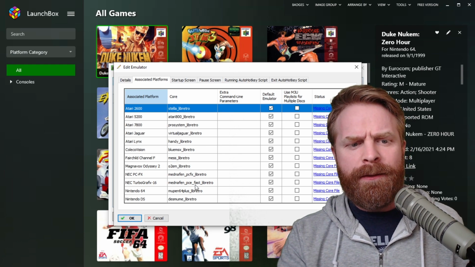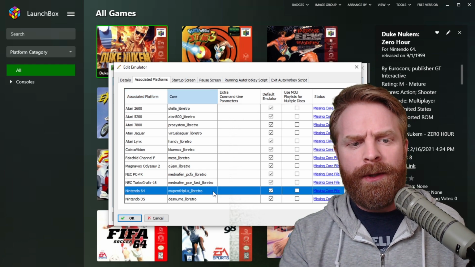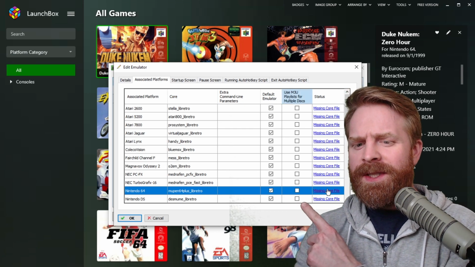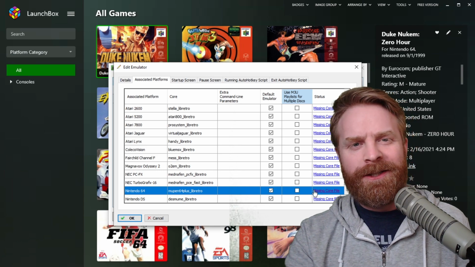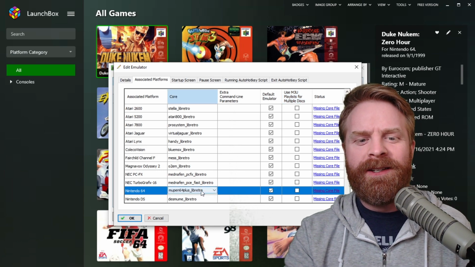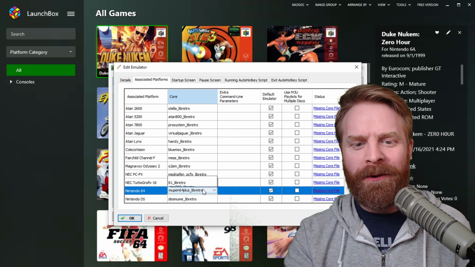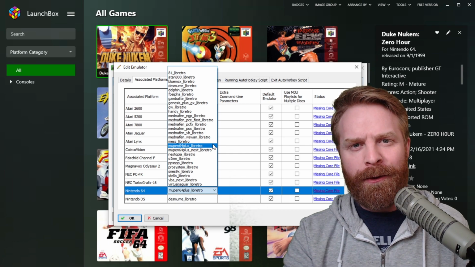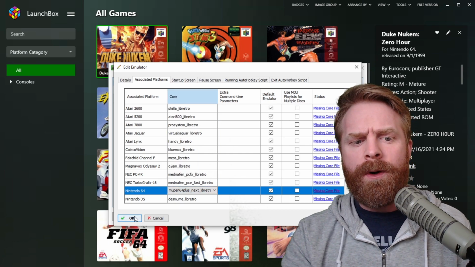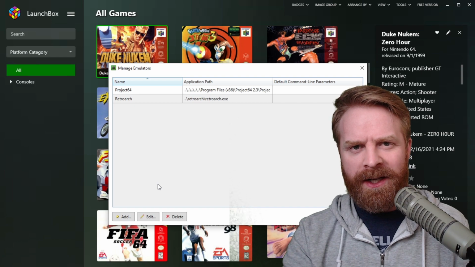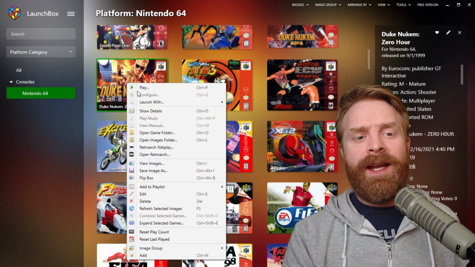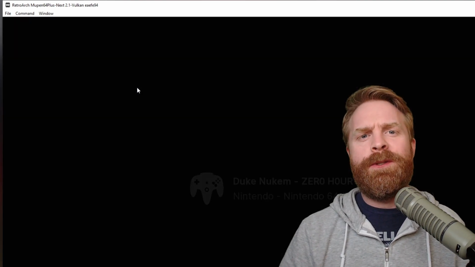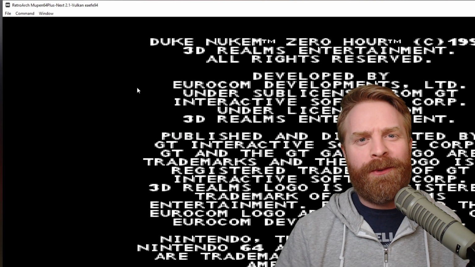For the Nintendo 64 system, it says Mupen 64 Plus Libretro, but that's not the core I have installed. And it does say missing core file, and that's because it's the wrong core. So from here, just right click on the core and highlight the proper core. So if I take a look at the different cores available here, I want Mupen 64 next. So I'll select the proper core, click OK, and that should fix my issues. From here, I can right click on the game again, select Play, and the game will load up without any issues. So if you are running into issues with RetroArch, just make sure the right core is selected.